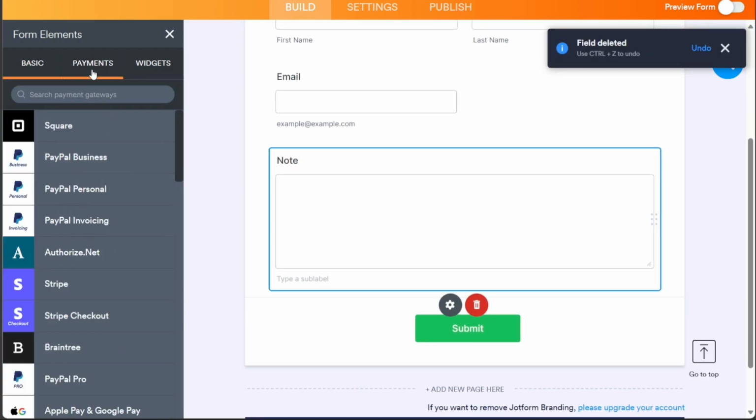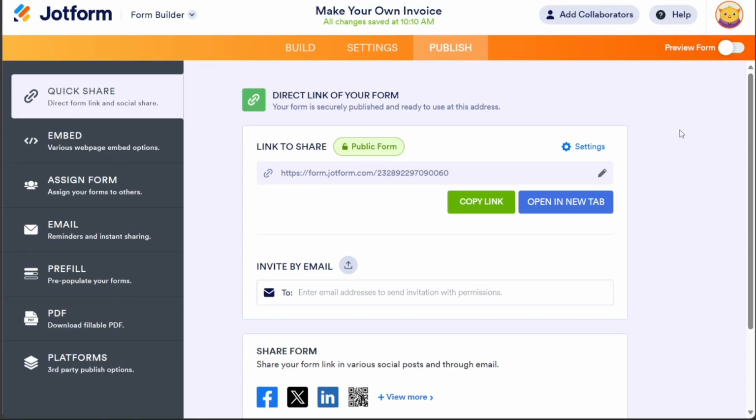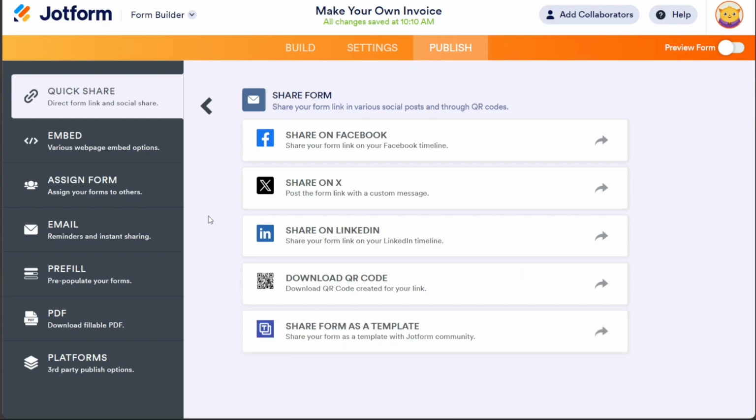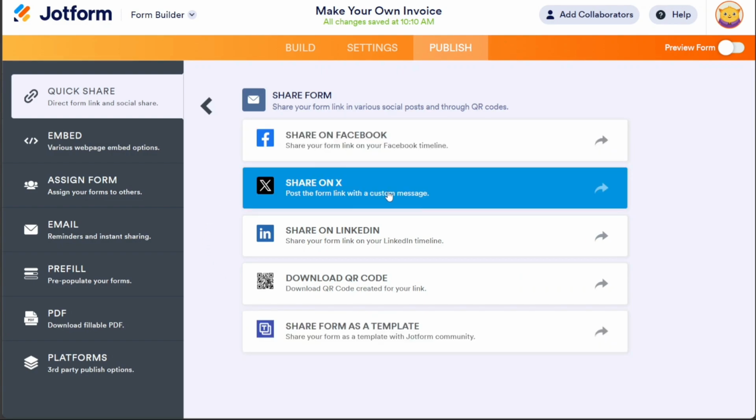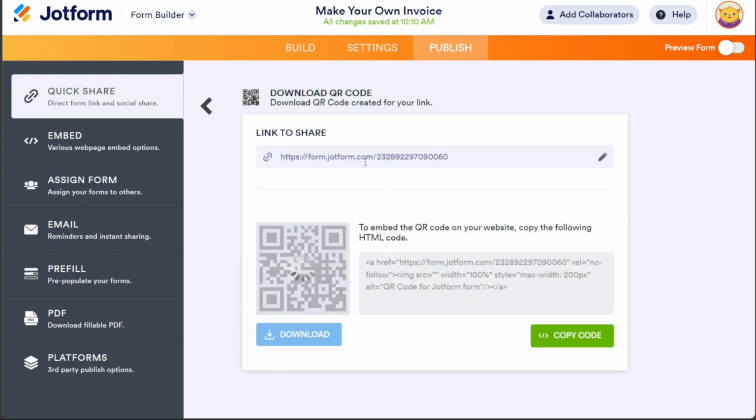form. Click on the Publish section to access the sharing and embedding options. Here, you can copy the link of your form by clicking on the Copy Link option and share it with others. You can also invite people to view your form by entering their email addresses in the Invite by Email field. Additionally, you have the option to share your form on social media platforms like Facebook, Twitter, now known as X, and LinkedIn. You can also download a QR code that can be scanned to install the app on a